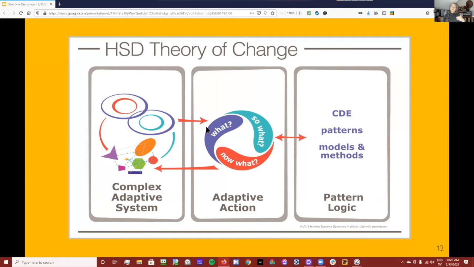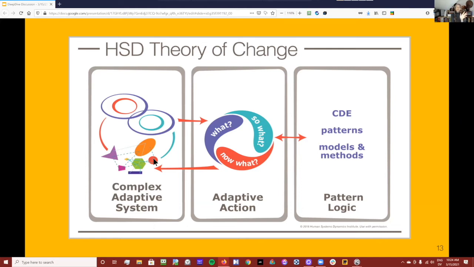But the other piece of it is that in a complex adaptive system, any change to any piece of it ripples out and changes other pieces of it. So if you try to have a 5-year project plan or a 10-step project plan, we're going to do this, and then that, and then another, in a complex adaptive system, you can't be sure what's going to happen. If you do A, it might go this way, it might go that way.